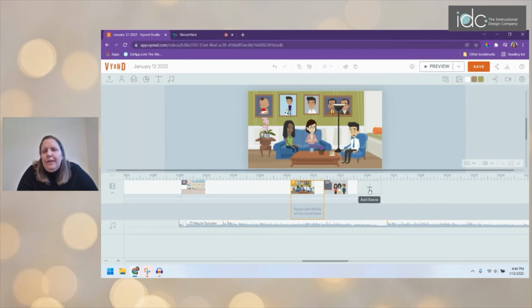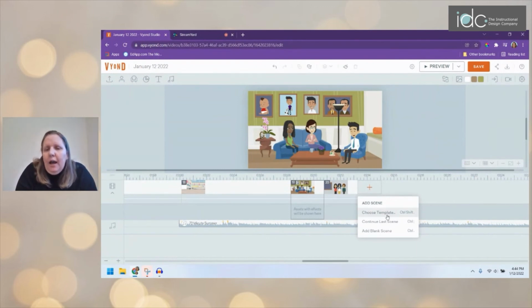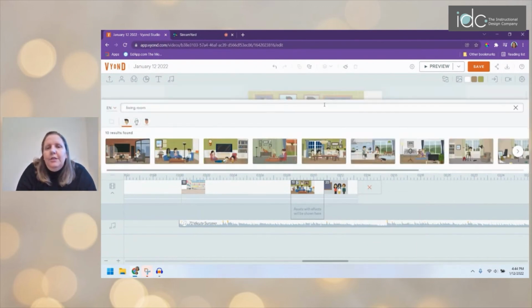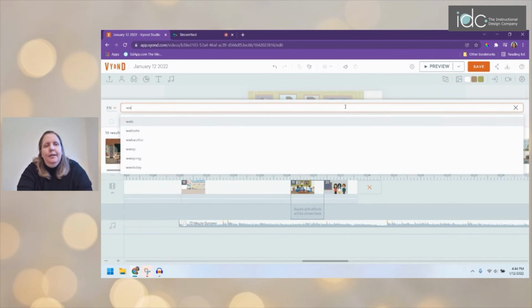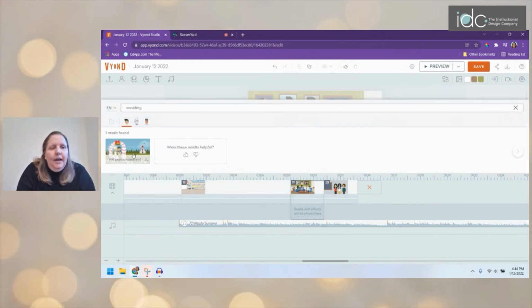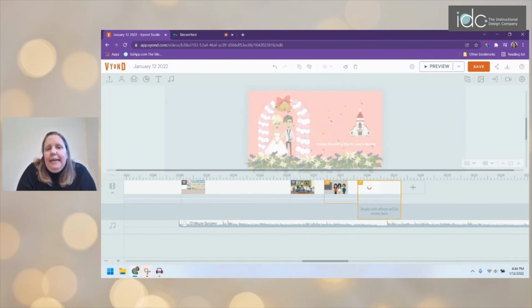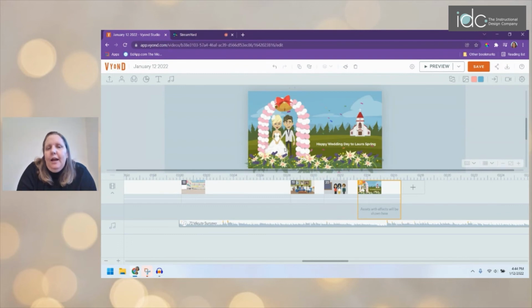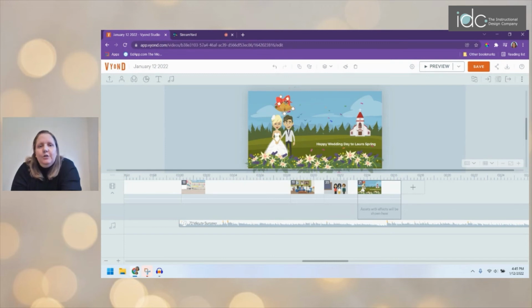What I've done before is, even if I wanted to show that two people were married, I've used their wedding template and, let's say, I take my characters and replace them here. What I ended up doing is getting rid of the extra stuff, replacing these characters with my characters, and getting rid of the confetti. This is actually confetti in the background. It might not let me click on it, but